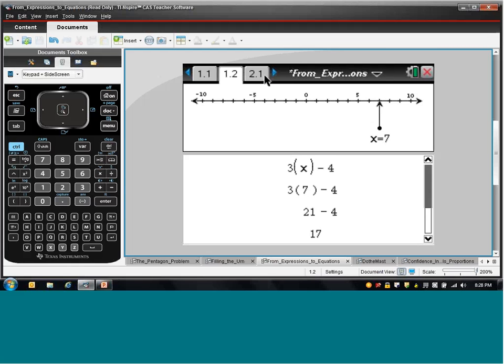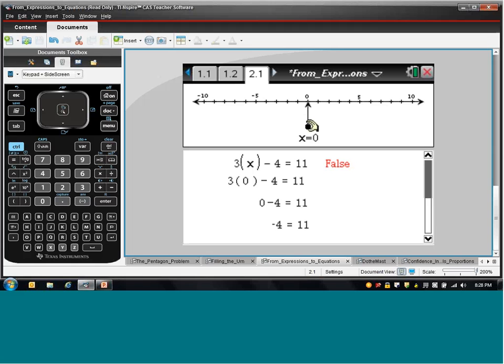Go to page 2.1, please, Eric. And here, I suddenly have switched. I've added an equal sign, and now when I drag, I'm looking at a very different question. My question is no longer what's the output for a given input. The question is, is there an input that will make that equation, that statement, a true statement? Can I find some value of X that will make the left side have value 11? And there it is